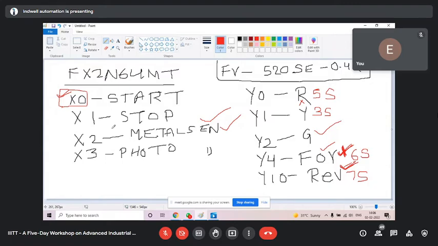If X2 is off, your machine should stop itself. Another thing, when you press the start push button and X2 is not on, the machine will not start. Try to understand the condition. When you press the start button, X2 must be on. If X2 is off, it won't start. In between the process, if X2 gets off, then also the machine will stop.